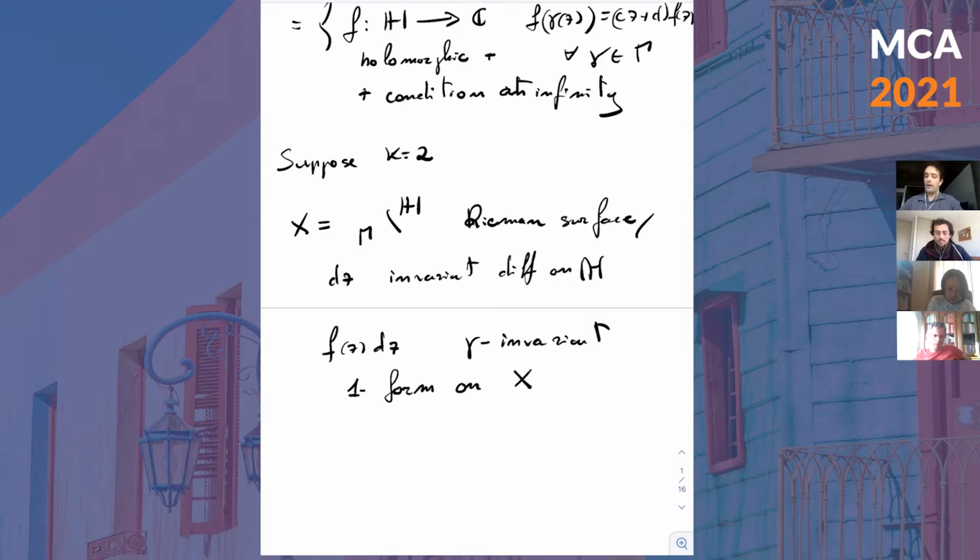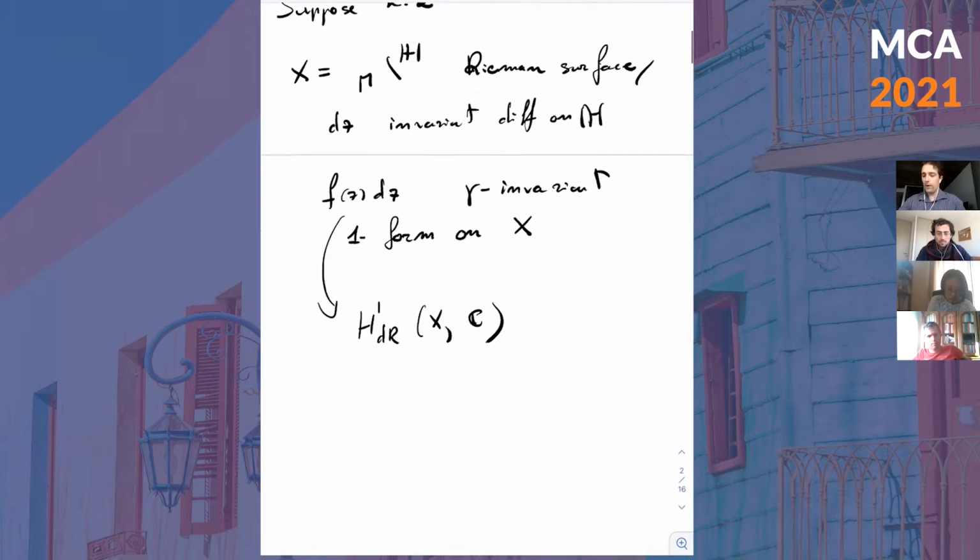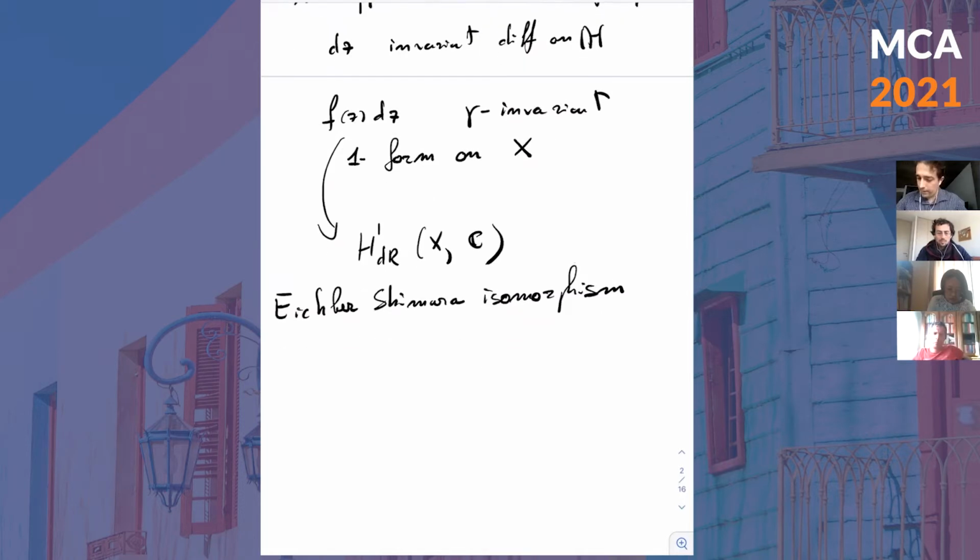on X. Okay, and so what this is telling us is that, starting from a modular form, we can construct this new object, which is a differential form. And so this is going to be an element in H^1 of X with coefficients in C, let's say. So it's a one-form. Okay, and the Eichler-Shimura isomorphism, what does it do? It tells us that if I consider this space, H^1 of X, C,